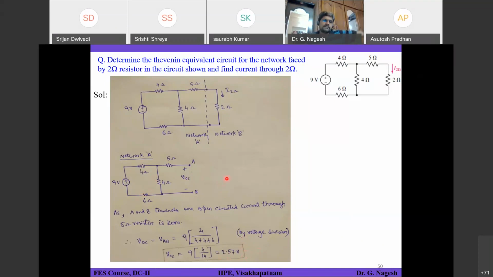What will be the Thevenin's equivalent resistance? Can anyone find and let me know? Try to solve it. To find out the Thevenin equivalent resistance, you have to find out the resistance between the terminals A and B as you look into the network. That means you are looking from the right hand side towards the left hand side between terminals A and B, and all voltage sources need to be short circuited. If any current sources are there, they need to be open circuited. So what is the Thevenin's equivalent resistance? Find out.